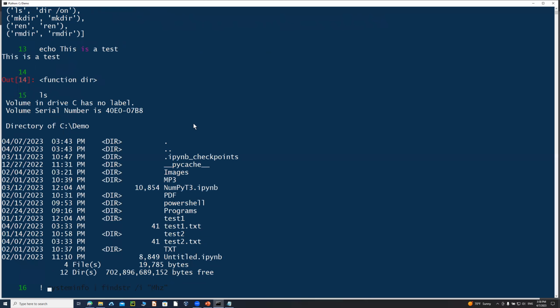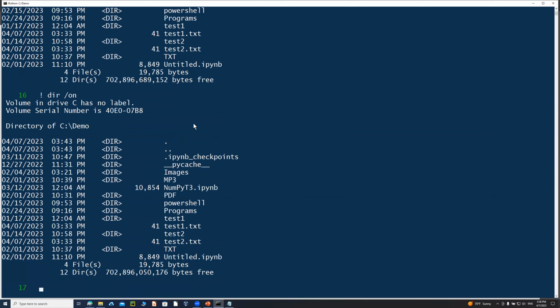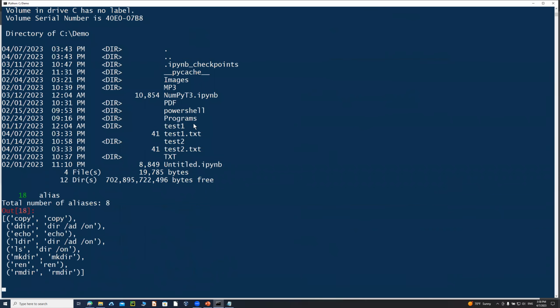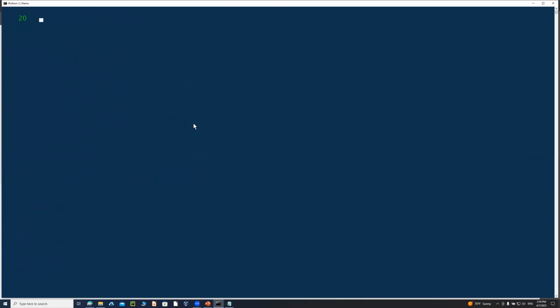So if you want to do directory slash n, then that's an ls command equivalent. So some of the aliases are available for you. You can practice them. In addition, there's also tab completion. So clear screen here. You can say, for example, bang and then directory, and then let's say